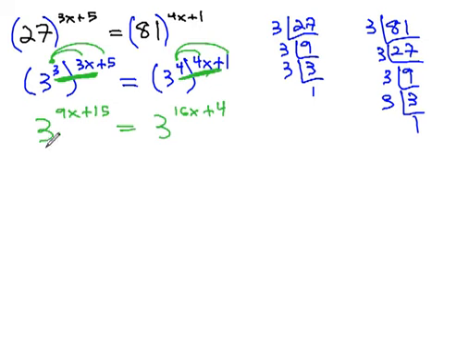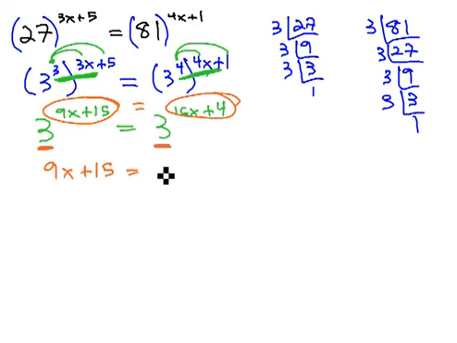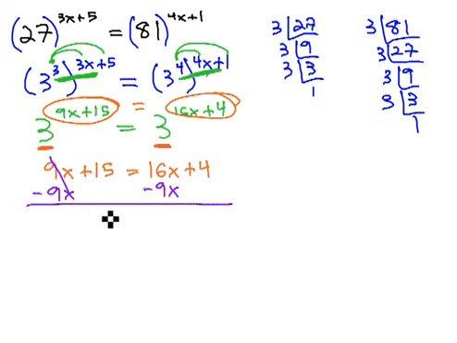When we do this, you notice we have the same base on both sides. So the exponents must also be equal. 9x plus 15 must equal 16x plus 4. We can solve by moving the x's to one side. Subtracting 9x gives us 15 equals